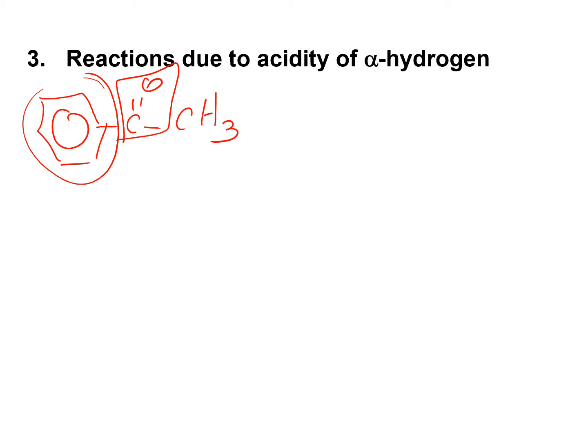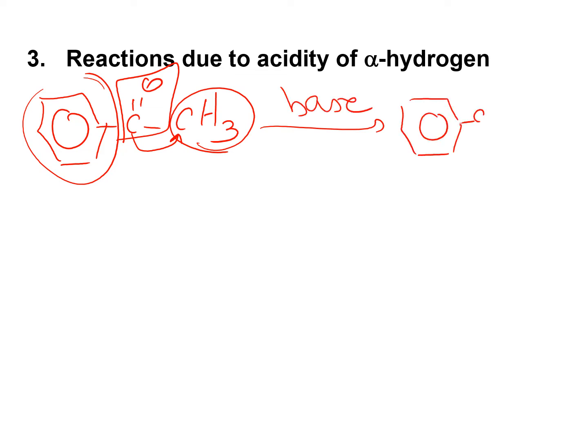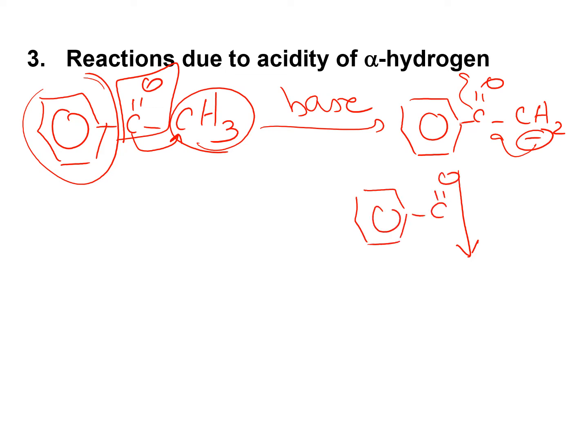Alpha to the carbonyl, you have a carbon that is carrying hydrogens. If you add a base, you will abstract the alpha proton, leaving a negative charge on the carbon, which is stabilized, as we said, by resonance. Again, as we said, you do not have only one molecule of your compound, you have several molecules that have not reacted yet. And accordingly, their carbonyl is carrying a partial positive charge, so the negatively charged carbon will attack